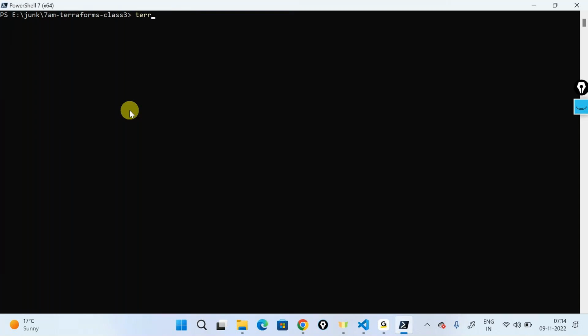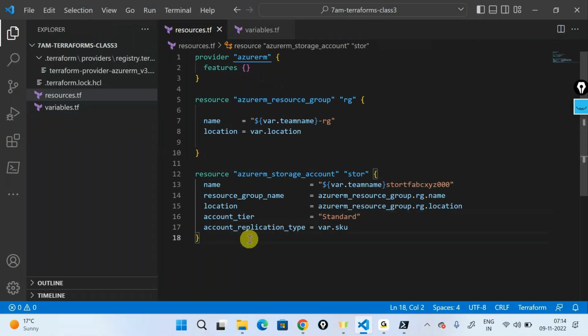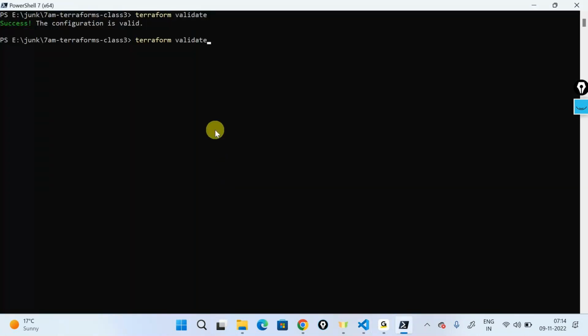I'll now run another command called terraform validate, to validate whether I have written everything in the right syntax or not. Did I make any mistakes in my syntax? For example, if I miss a bracket or a mandatory parameter called account tier. So let's comment this out. There is a mandatory parameter called account tier, and I missed it. If I now run terraform validate, it should